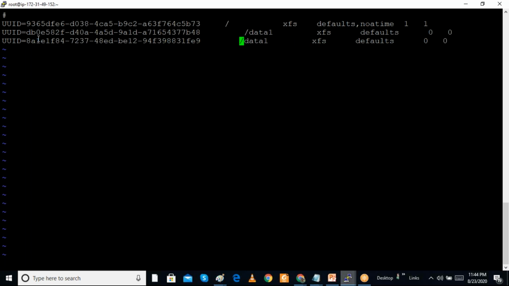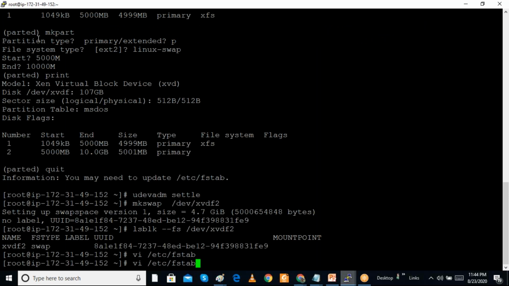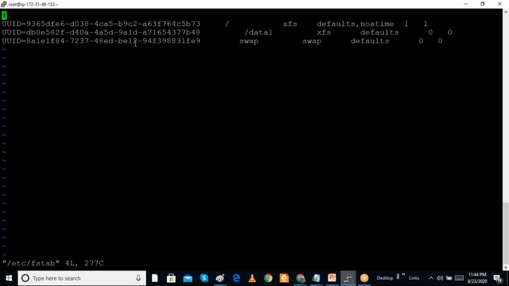So here we make it swap, and here also we make it swap. I'm saving it. So we added a line. We have to check the line we added. This is the UUID, and the mount point is swap. The file system is also swap.